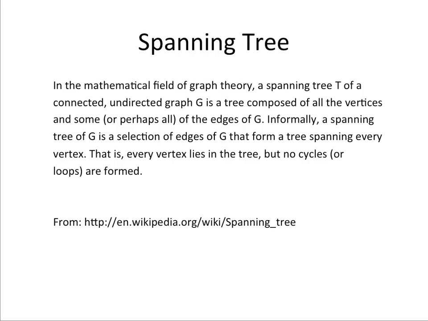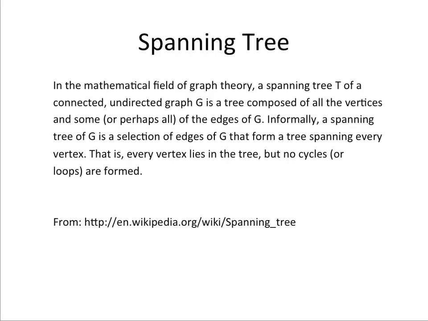So in networking, an undirected edge would be a link on which you can transmit information in both the directions. Let's say we have a cable connecting A and B, where A and B are hosts. It would be an undirected edge, if we're trying to represent that as a graph, if A can transmit information to B and B can also transmit information to A, not necessarily at the same time, but they're able to do that. Okay. Spanning tree T of a connected undirected graph G is a tree